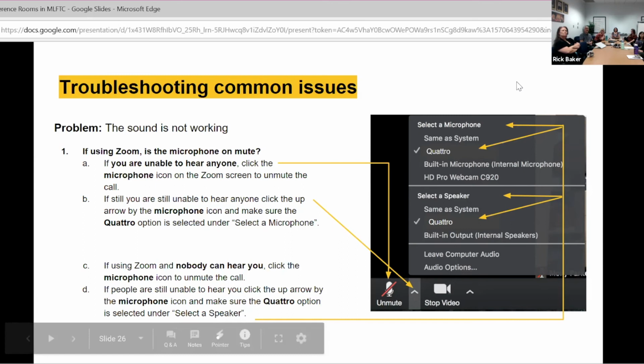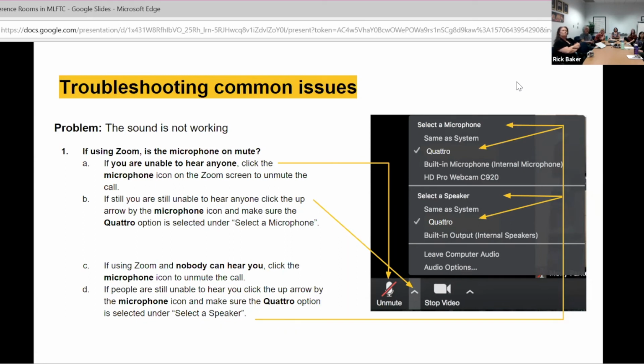Lots of arrows and fun things on this one. So if your sound is not working, there are a few things you can do to check that out. If you're on Zoom, which is mostly when you're going to recognize it, there are a few things to check. We need to check and see if the Zoom microphone is on mute. In this particular instance, you see the red line through it. That means it's muted. So you would go in and select that, either the up arrow or the down arrow, depending upon where